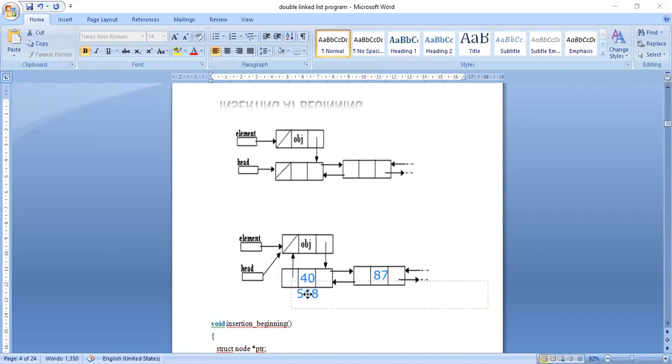The address of 40 is 568. So head will be, what is the value of head? 568.